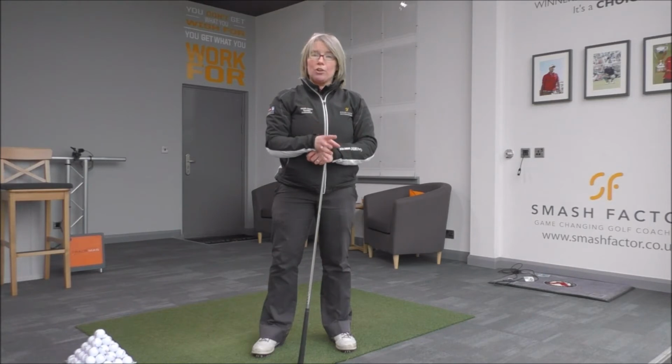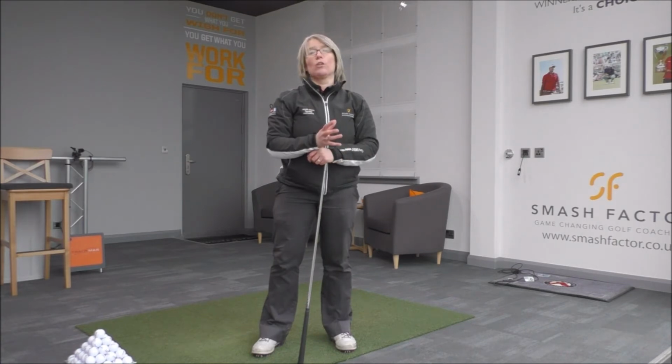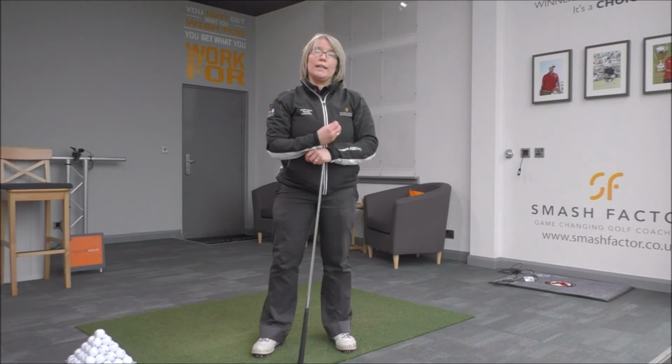So only spend a third of your time in block practice, and one of the biggest mistakes I see most golfers making is they actually spend all of their time in that practice mode. It is important, but you need to also transfer those skills onto the course. So once you've worked on hitting the same shot, the same club, the same target, for a third, as I said, of either the balls that you've got or the time available,